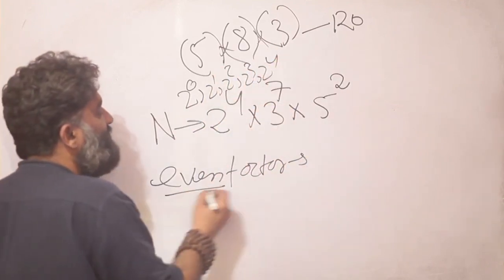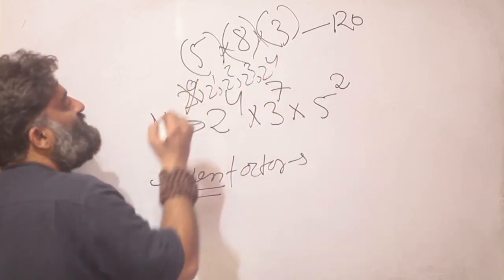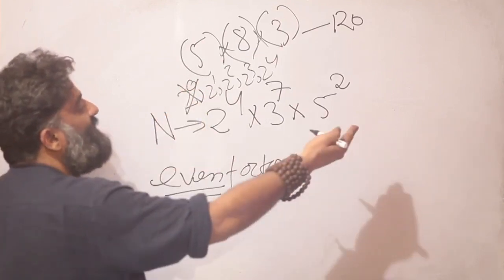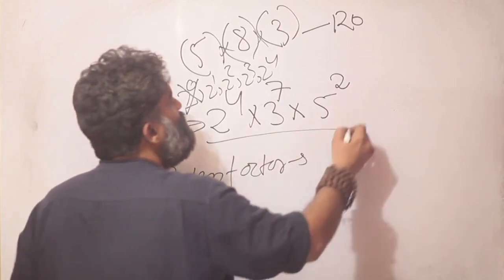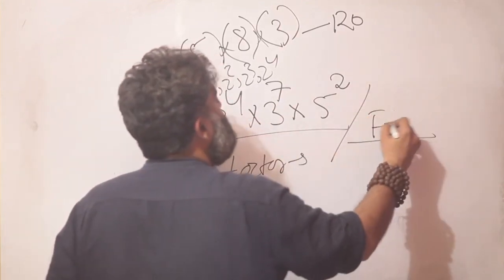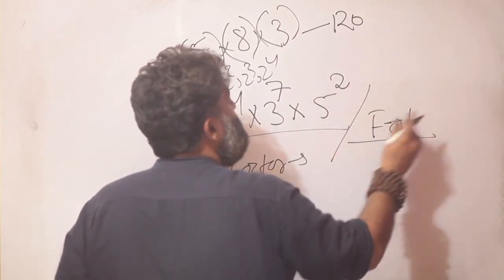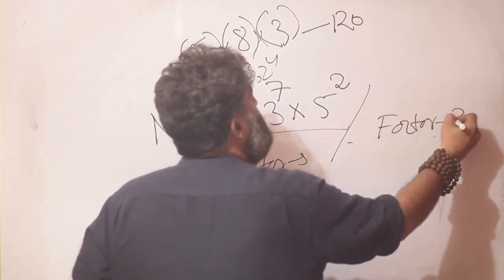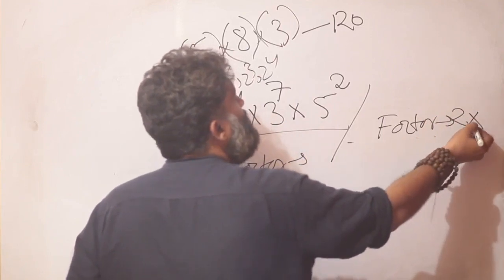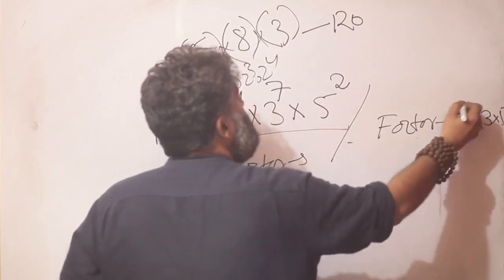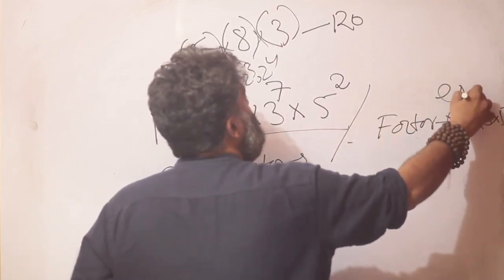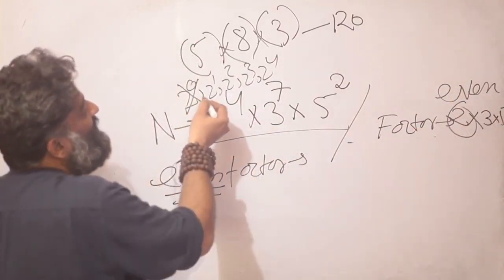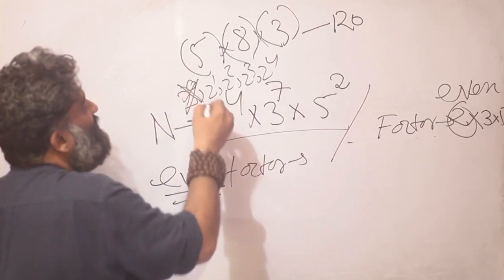Now I am saying even factor. I cannot use 2 raised to 0, because if I use this, that means there is no 2 in the factor, right? This whole number is being divided by a factor, and that factor must have at least one 2 in it. The other numbers could be something, but one 2 is needed to make it even, because that is the basic property of an even number. That means out of these 5 possibilities, one of them is ruled out.